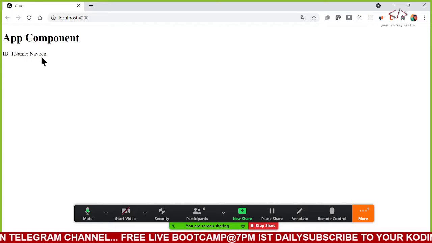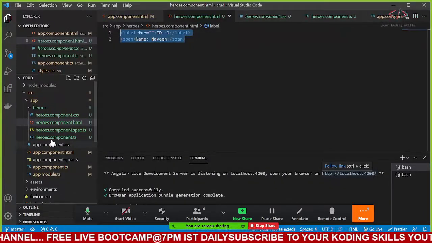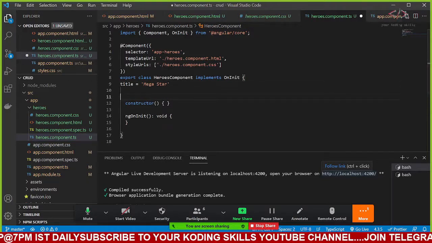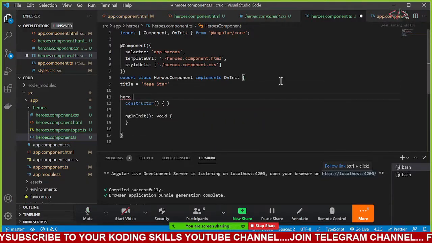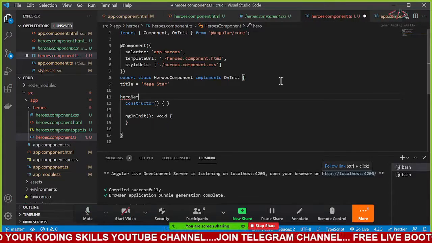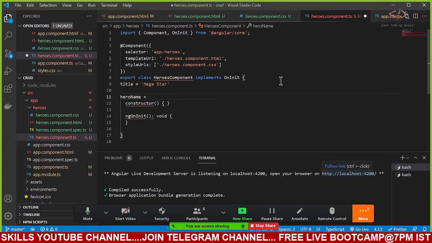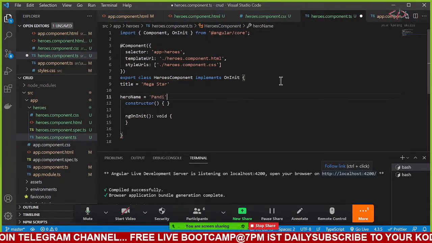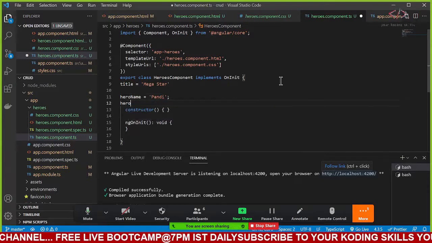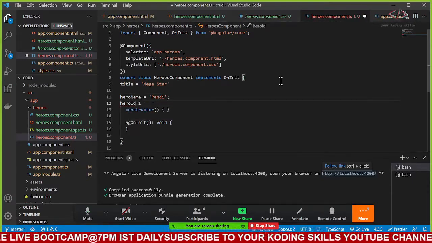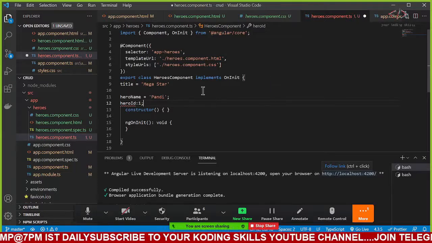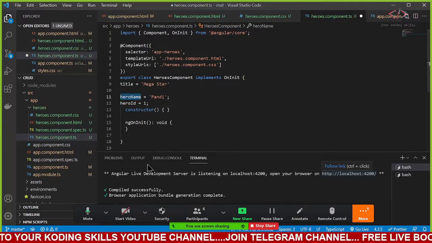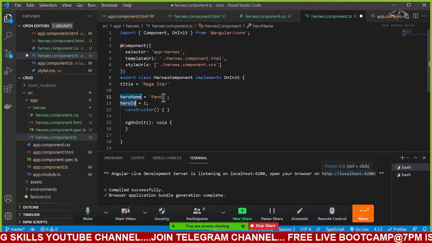Since I have the ID and the name, I will go to my app hero component.ts and create a variable, hero name, equal to, this time, Pandi. The next one is hero ID, which I will set to 1. Now hero name and hero ID will hold the values Pandi and 1.